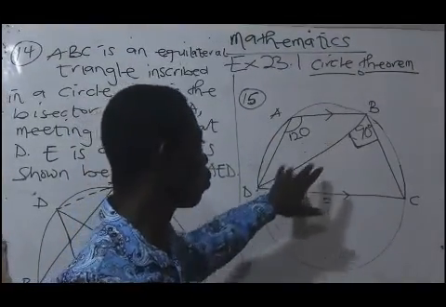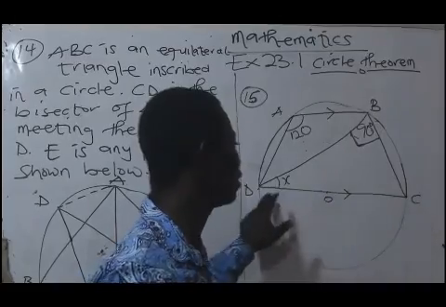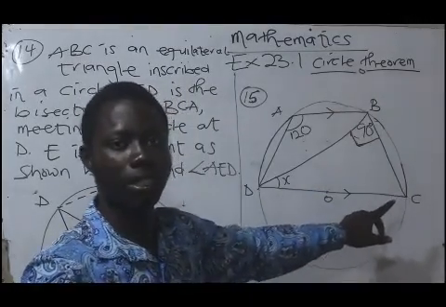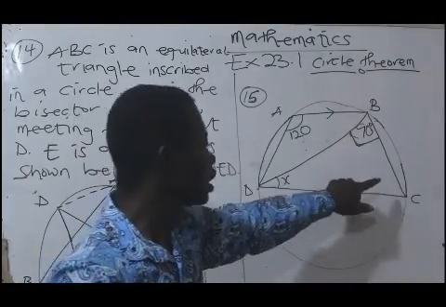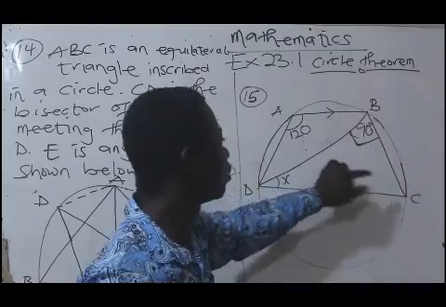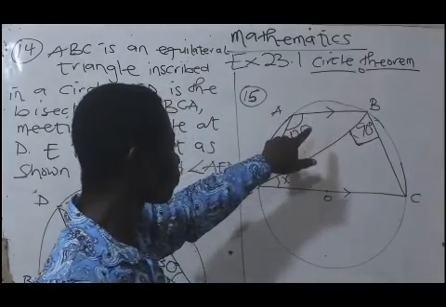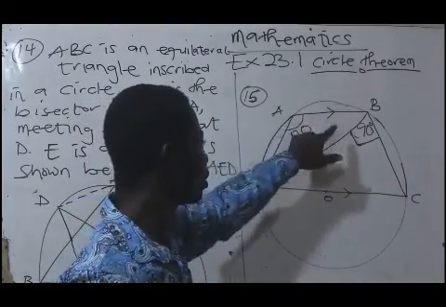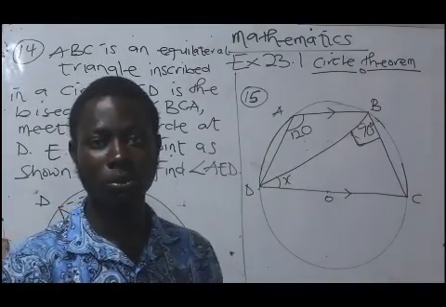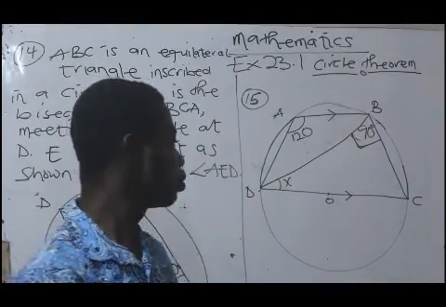The same chord is also subtending an angle at C. Then according to the property in circle theorem, the sum of this angle, that is angle DCB, plus the angle at A, that is 120 degrees, the sum of those two angles should give us 180 degrees. So we know that